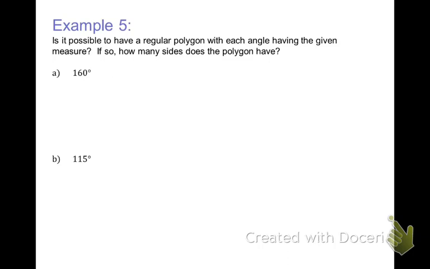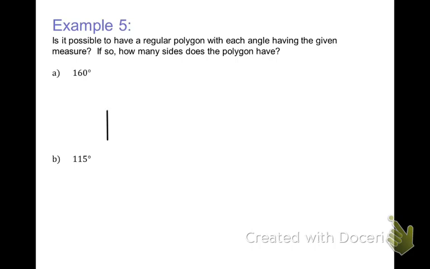All right? So basically, what they're asking here is, can I have a regular polygon that has this angle measure for all of the angles? And if I can have it, how many sides does the figure have? All right? So there's a few different ways you can handle this, but I'm going to show you guys what is computationally the easiest. You just have to remember the trick, and it's usually helpful just to draw a couple of the angles. So 160, that's almost 180, right? So if I were to draw a couple of these angles, it might look something like,